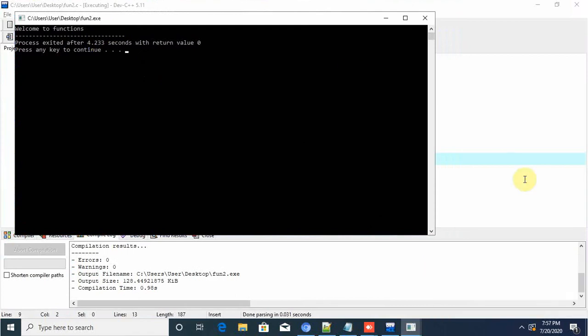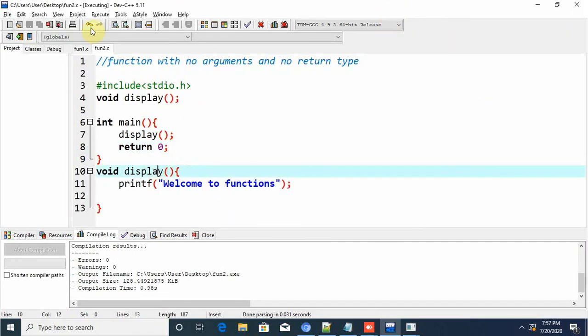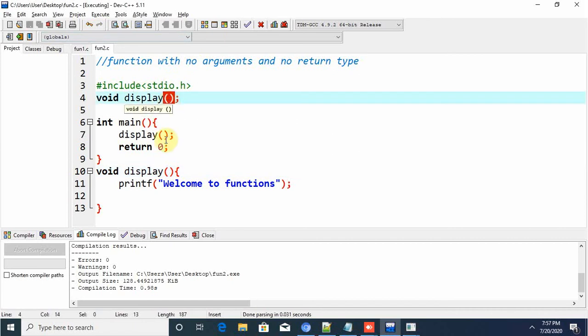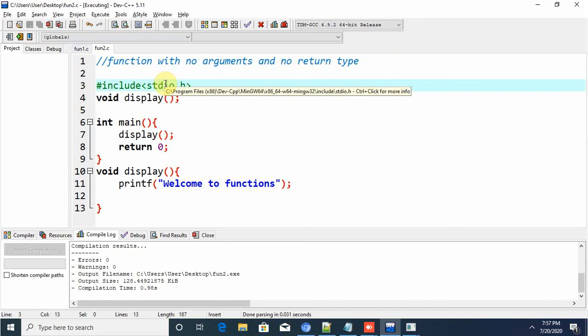Welcome to functions. And this is what no arguments I carried here. No arguments carried and no return type. For printing alone we use that.